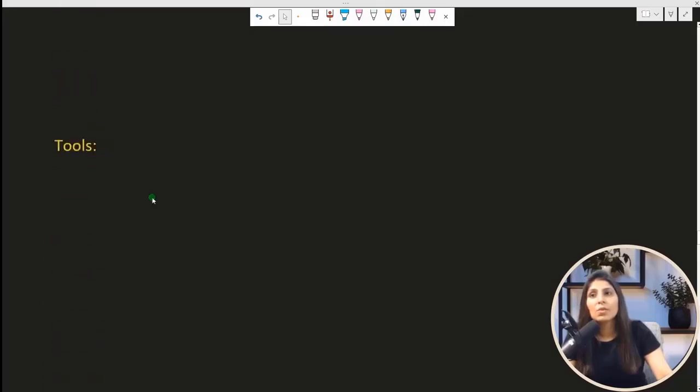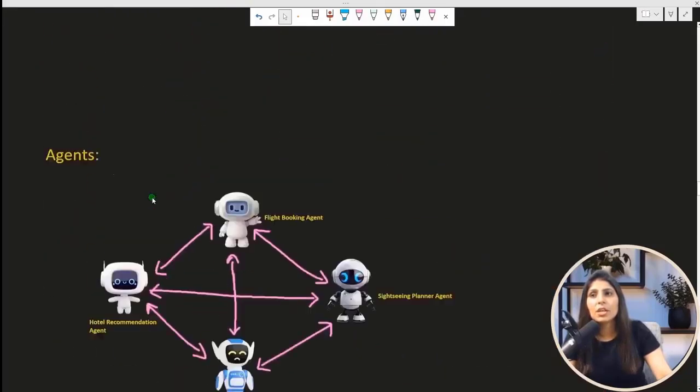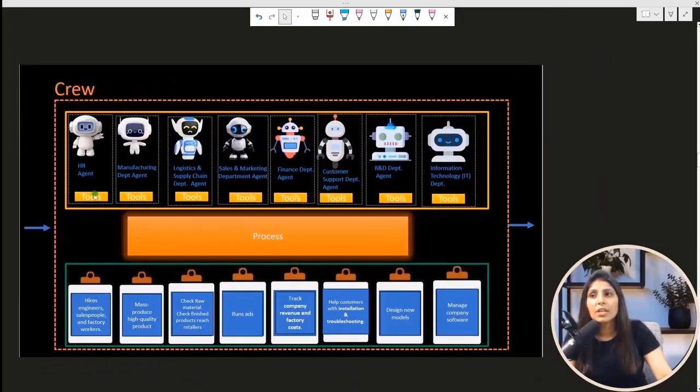So here, as I've told you, each agent will use a list of tools, and what kind of tool can it use? It can use custom tools or it can use built-in tools as per the task which this agent is doing. On the basis of that, we can provide the list of tools to it. Okay, now we know what an agent is, what a tool is. Now let's understand tasks.